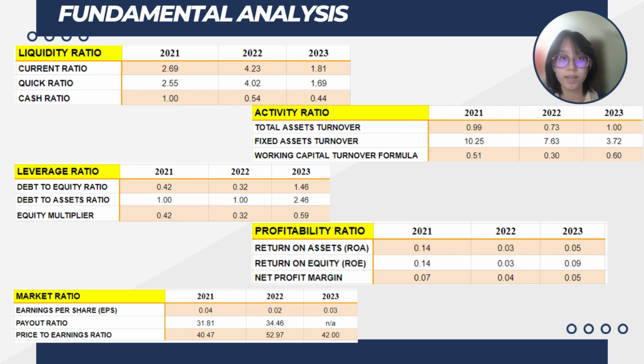For the fundamental analysis, we can observe that most ratios decreased from 2021 to 2022 due to the decrease in sales or slowdown in business operations while recovering from COVID-19. A current ratio of more than 1 from 2021 to 2023 indicates that SolarWest has a healthy liquidity position. The ratio for 2023 increased because SolarWest has invested in some large projects that might earn profit now and in the future.